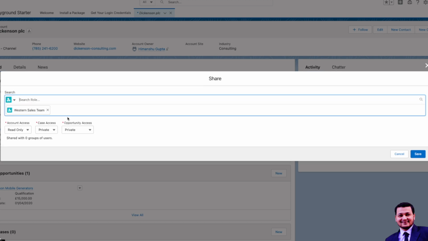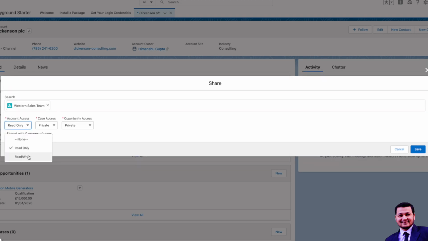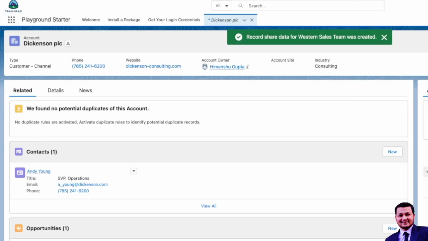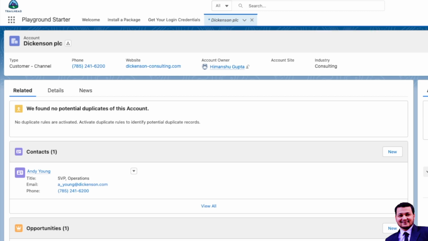And then because it's an account, you can select account, read, write. You can also select case, and you can also select opportunity. So what I want to do is keep case private, but give opportunity read only, and you click save, and that's it. So that's how you can share the record with that particular set of users, roles, public group, or roles and